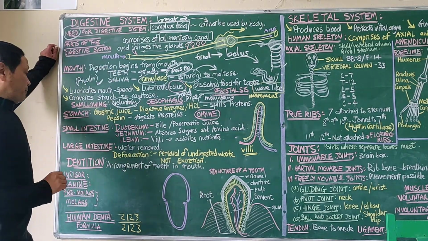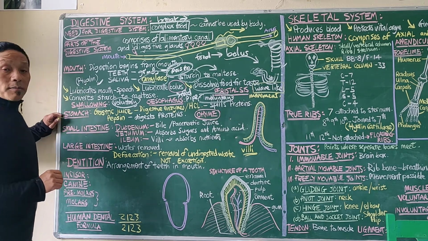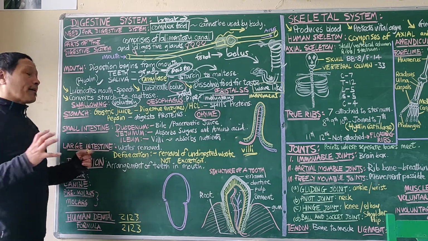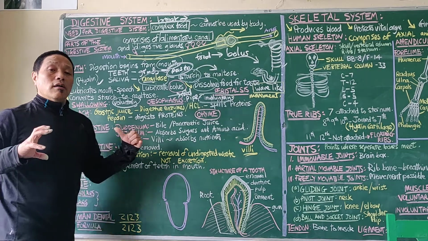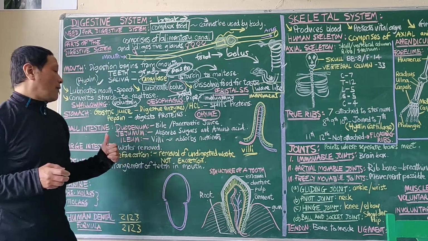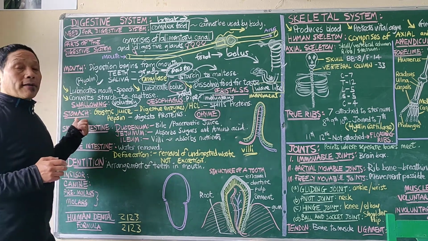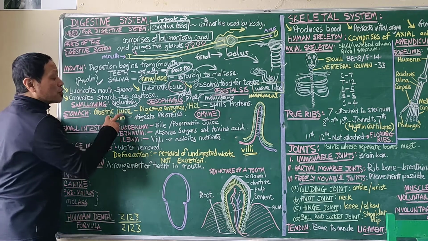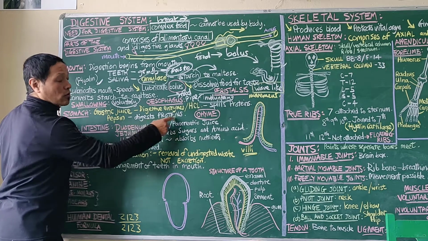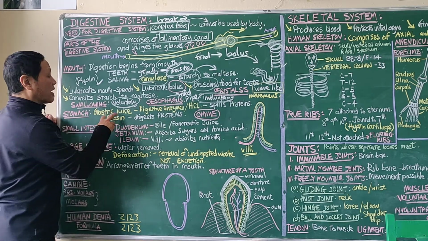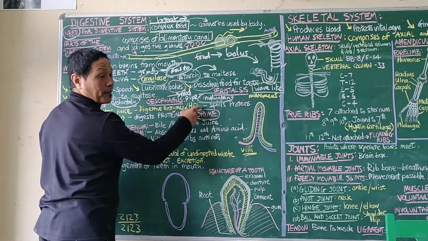Then we move on to the next part of the alimentary canal, and that's the stomach. The stomach is a muscular bag where that bolus is further mixed with all these different secretions secreted by the stomach: gastric juices and enzymes. Pepsin is one enzyme which works on protein, or which breaks protein. Gastric juice contains digestive enzymes and hydrochloric acid.